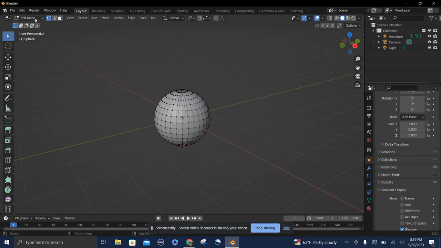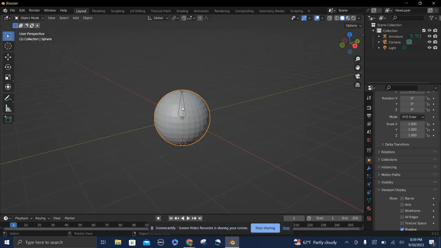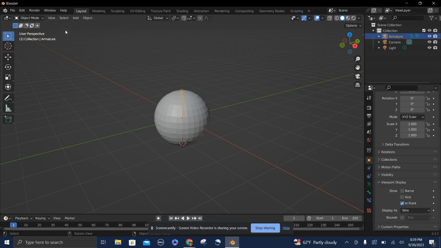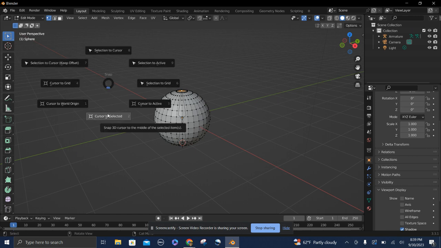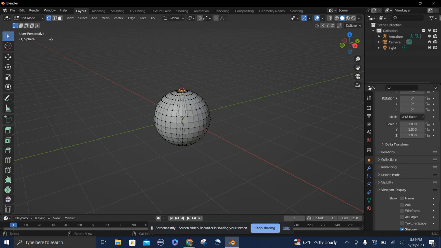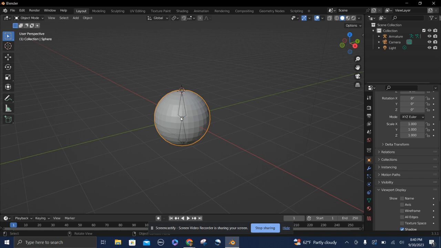And here we go again, switching back to object mode, clicking on the bone, and then going back to edit mode. We want to have the bottom selected, Shift A now. That gives us two bones to work with. So again, back to object mode to select the sphere, back to edit mode to get the top point of the sphere, Shift S again, and then again cursor to selected, so the cursor goes to the top. Object mode, click on the bones one more time,